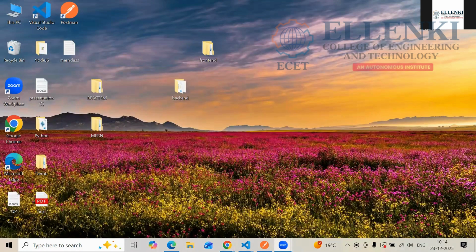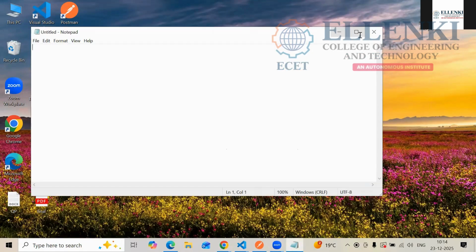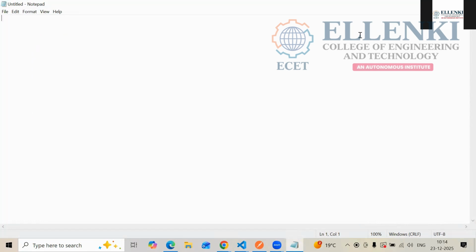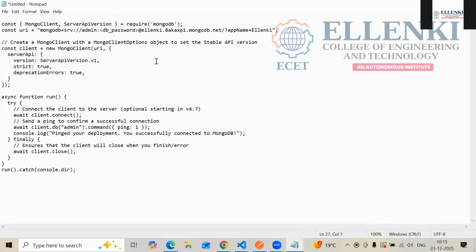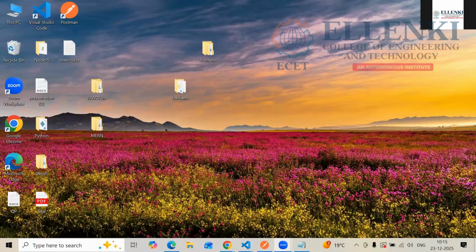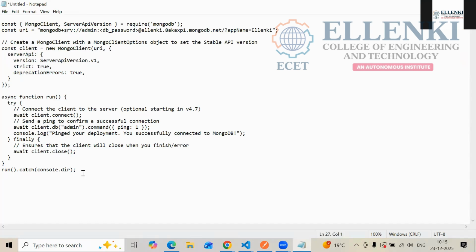And this code is very helpful to you. Without writing anything, you can connect with this MongoDB. Okay, Node.js is going to connect with MongoDB, which means you have to write this code. And you have to do some modification. What modification we have to do, that one also we will see. Okay, so now this is the code. And what you have to write here? So what is your DB name? Now tell me, what is your DB name? DB name is what?